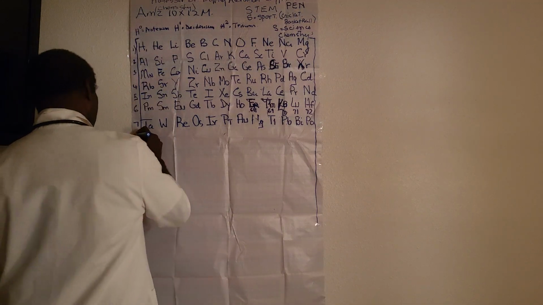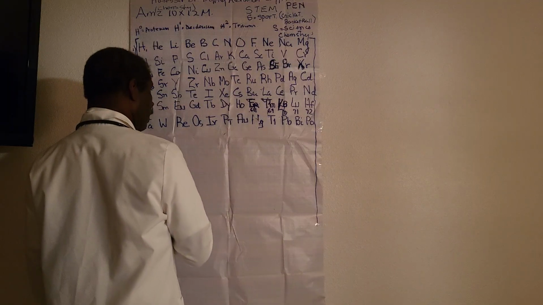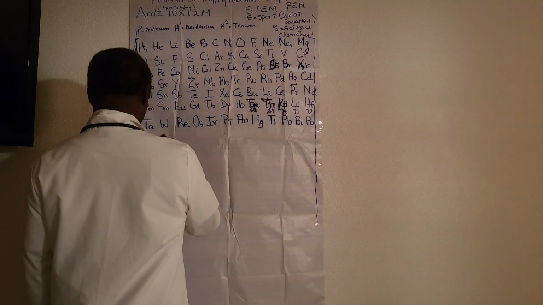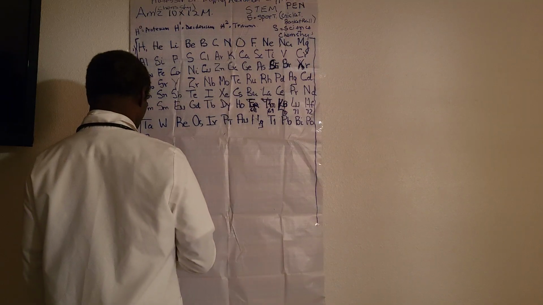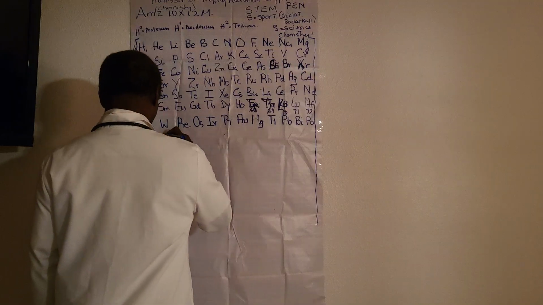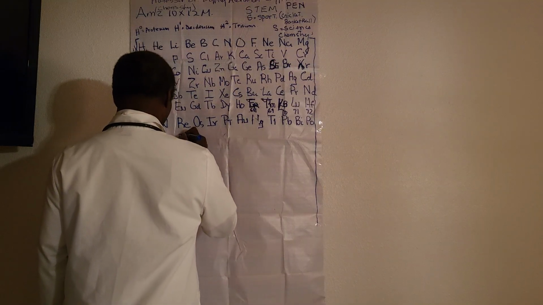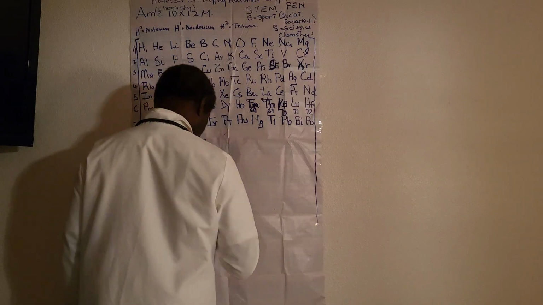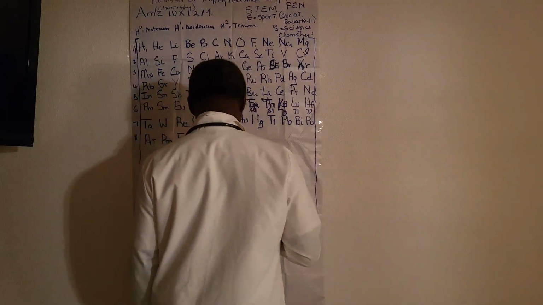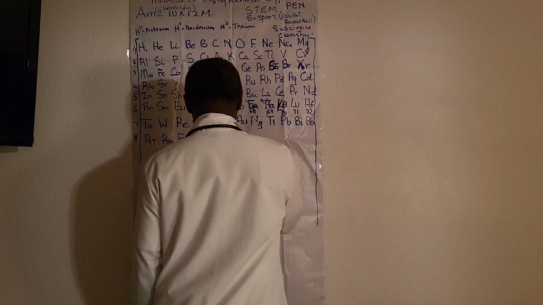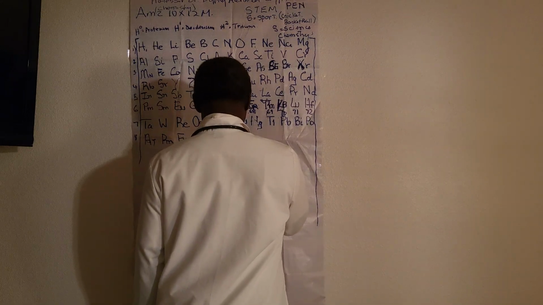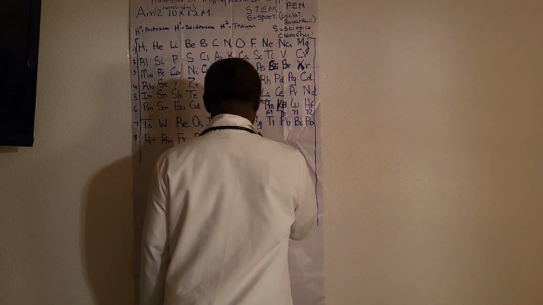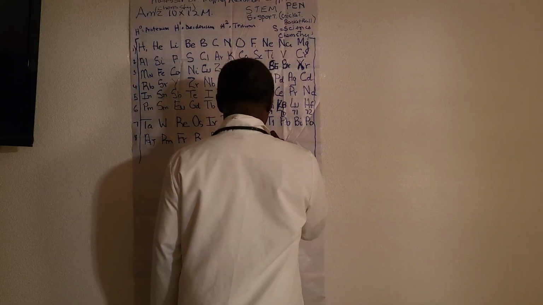And so we go up to the 8, and here we have now polonium 84, 85 would be astatine, At, 86 radon, Rn, 87 francium, Fr, 88 radium, Ra, 89 actinium, Ac, 90 thorium, Th, 91 protactinium, Pa, 92 uranium, U,